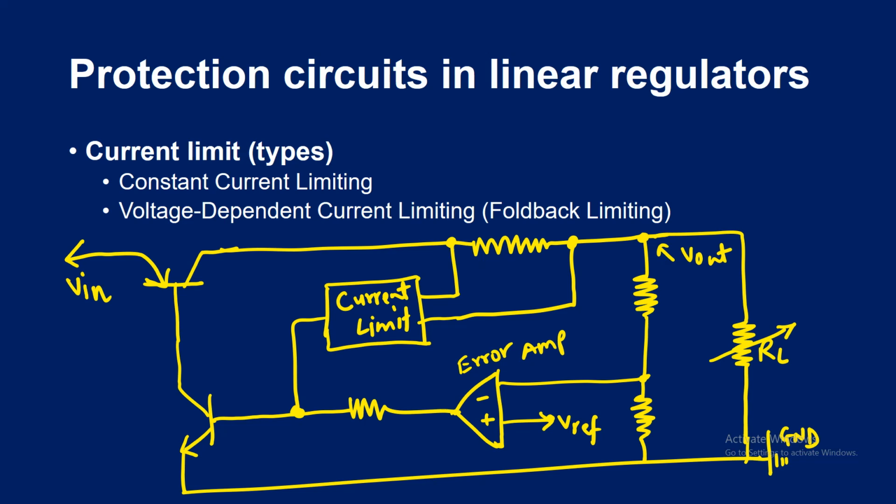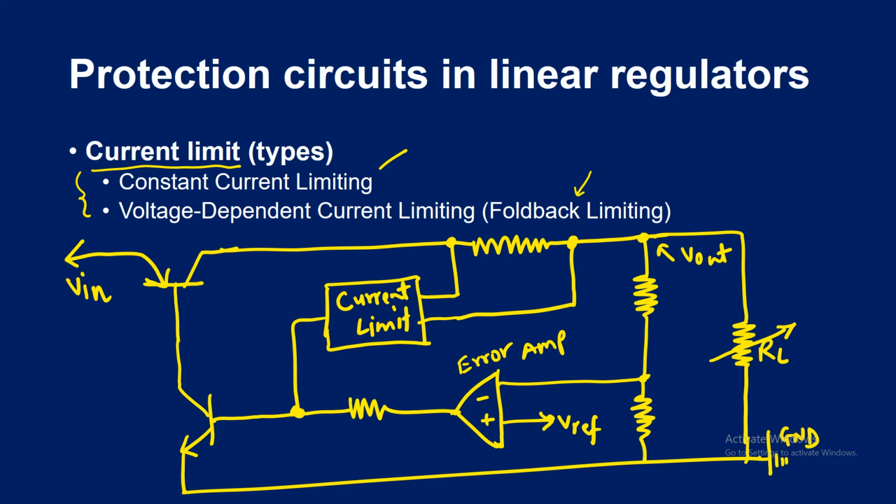And the name of that protection circuit is current limit circuit. There are two types or variants of this current limit. One is called constant current limiting, and one is called voltage dependent current limiting, also referred to as foldback limiting. So we will discuss in this module the concept of current limiting, that is the first circuit,